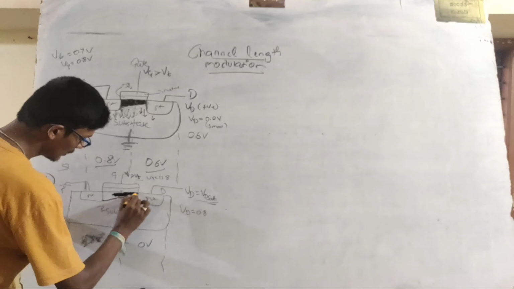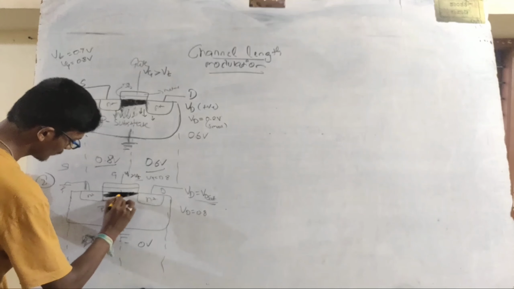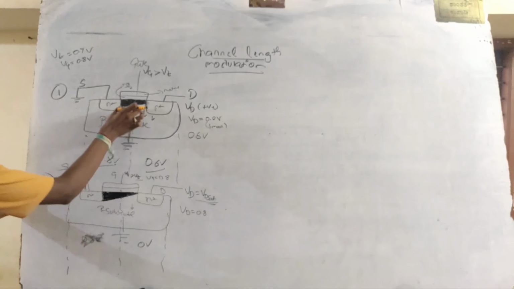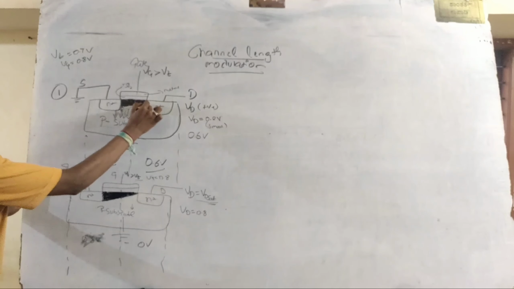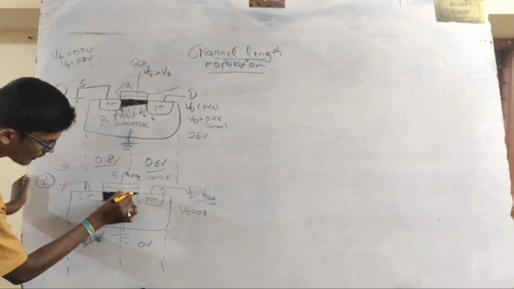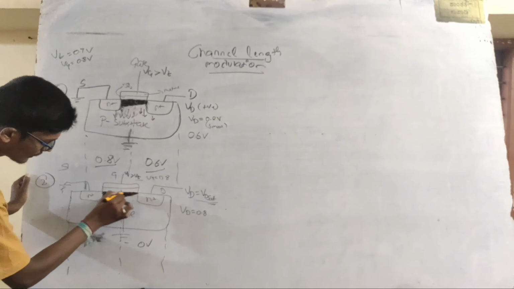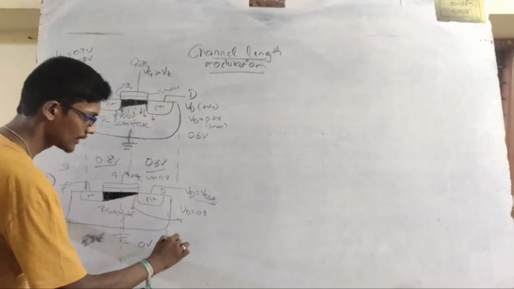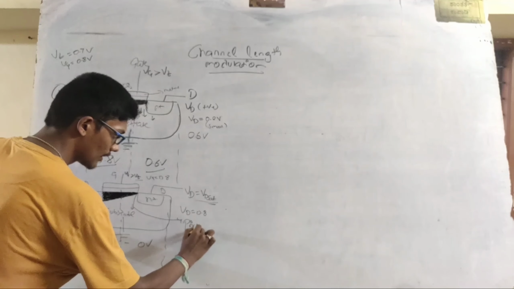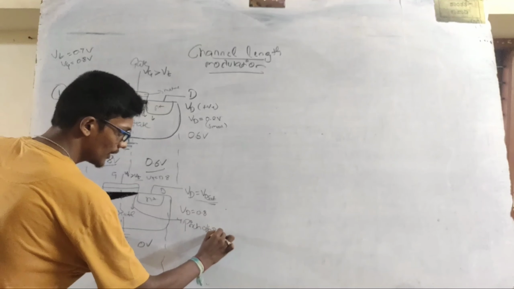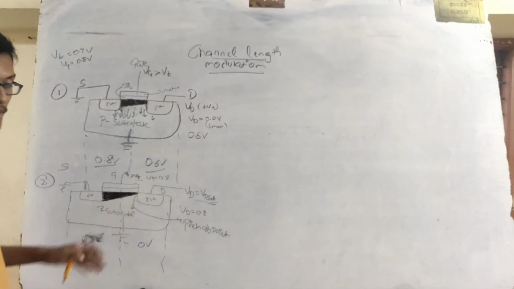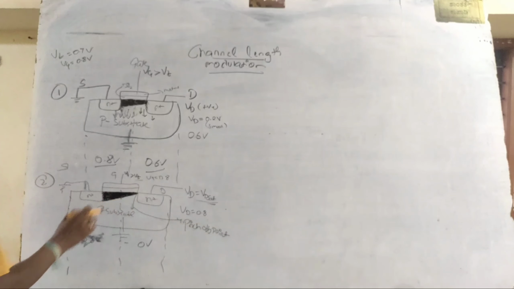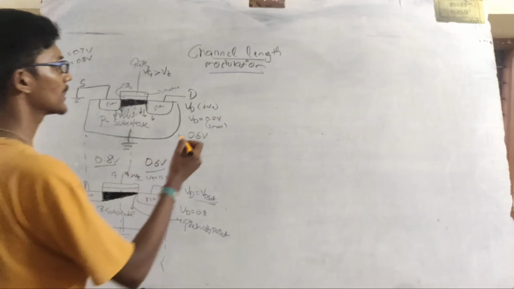So my channel looks like this. See, from this up to this depth, my channel went very steep. So this point is known as the pinch off point. It is a point where the channel is nearly or equal to 0. Fine. This is my second case. In the third case, we will see